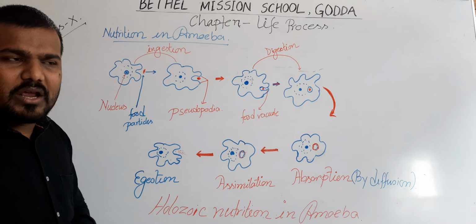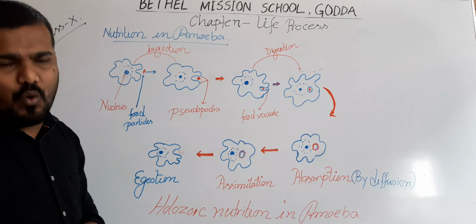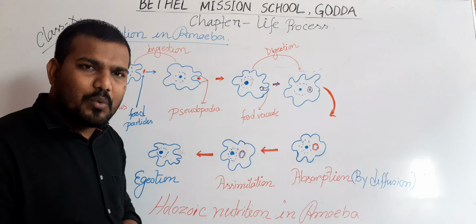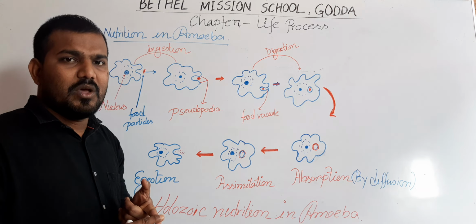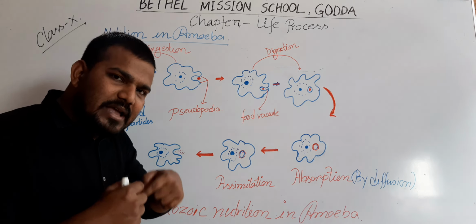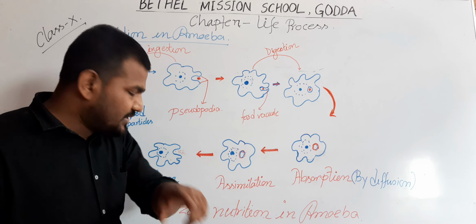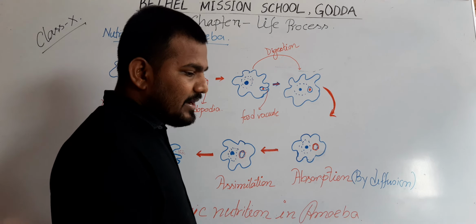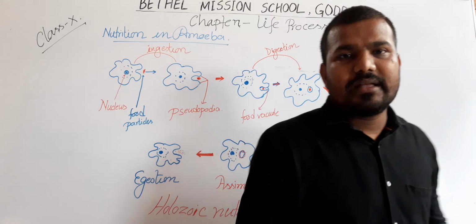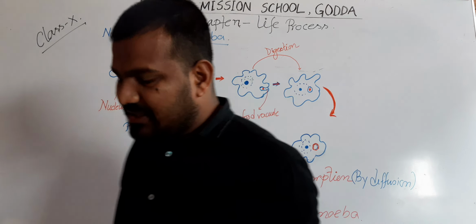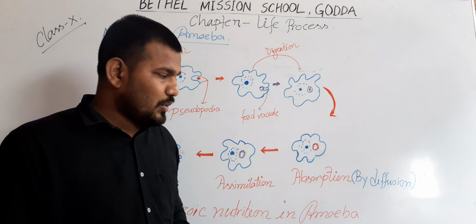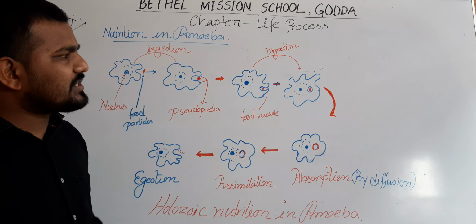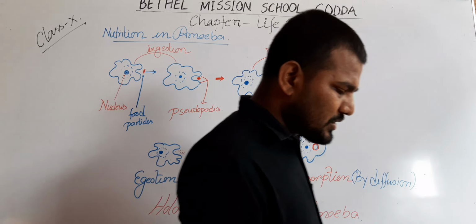Egestion means: being a unicellular organism, they take in a huge amount of food. But due to the limitation of digestive enzymes, most of the food particles remain undigested. So they have to remove this undigested food from the body by the process of egestion. The process by which the amoeba removes its undigested food from the body is known as exocytosis or egestion. This is the nutrition of amoeba, and this is the process by which the amoeba performs its nutrition. In our next class,